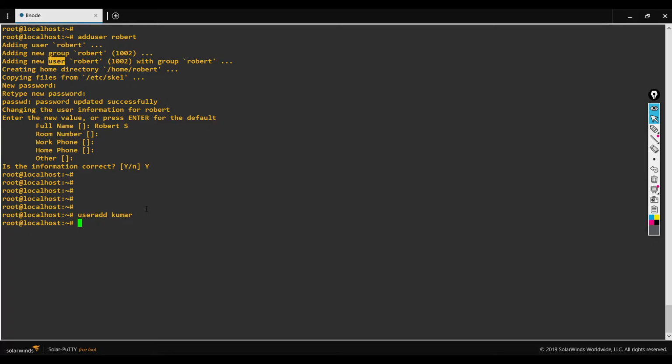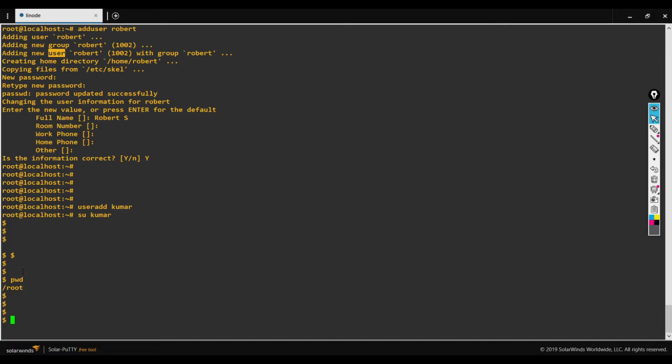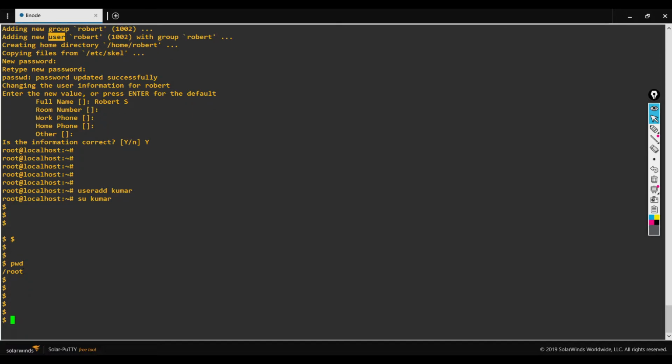I'm using a simple function called switch user. You can see it simply switched to one particular place. I don't even know which directory it is. So it simply switched into the same directory, but there is no password and dedicated home directory for this user. Let me switch back to the root user.